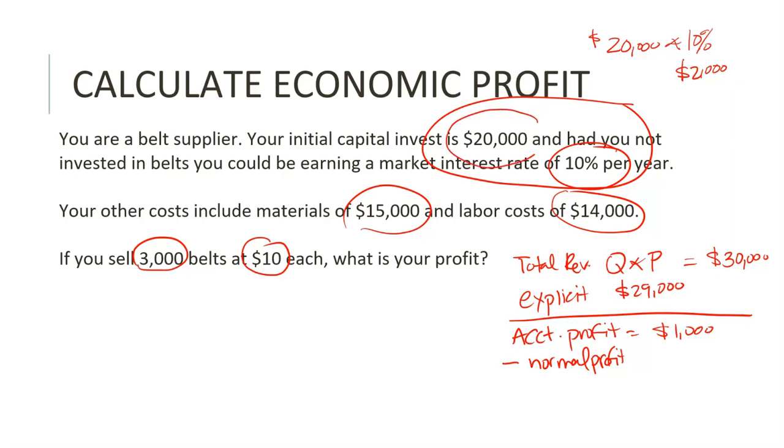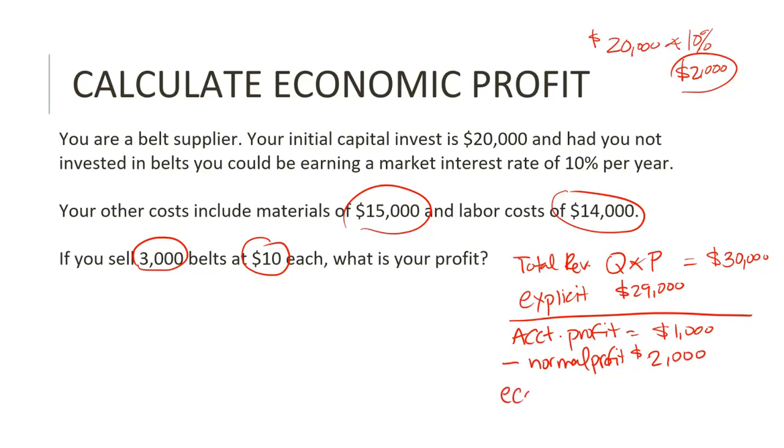We're not going to count this $20,000 as a cost because while we are investing it into the building and machinery, if we decide to exit the belt market, we can sell that and we can recover that cost later. So we're not counting that as an explicit cost. But what we are saying is that we have a normal profit of $2,000,